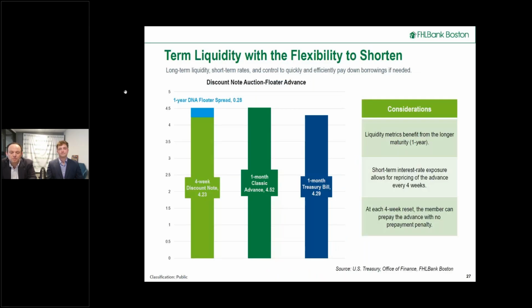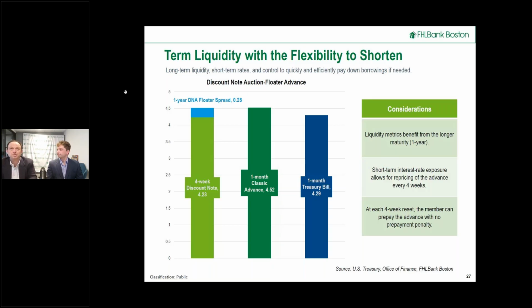So in terms of wholesale funding solutions that are liquidity supportive, the most liquidity supportive advance that we have, aside from just simply taking a 30-year advance, is our term floaters, where you can get the benefit of long-term liquidity, the maturity, and like we had talked about previously, because you own the option, you get to count it as the full extent of the term. But your interest rate risk preference and also how long you may need that liquidity for is completely under your control because of the floating rate and